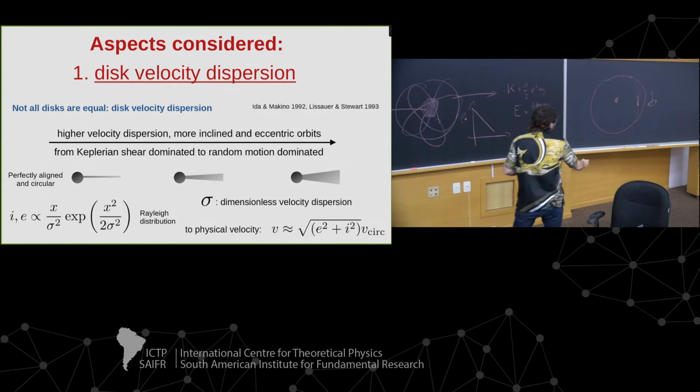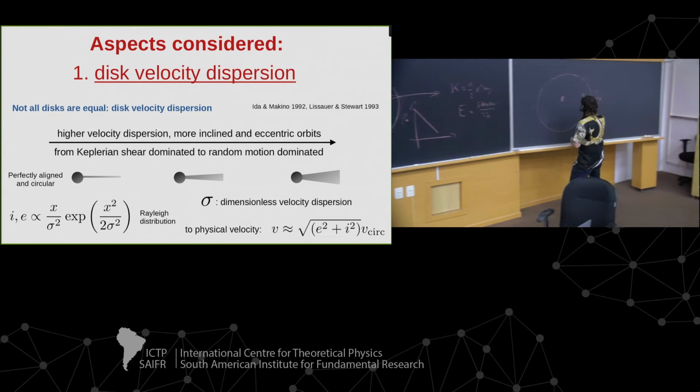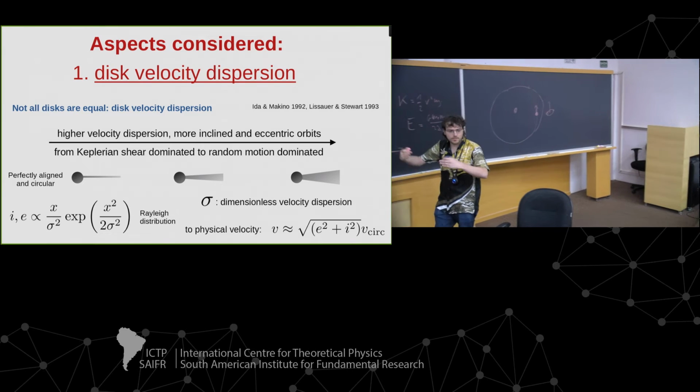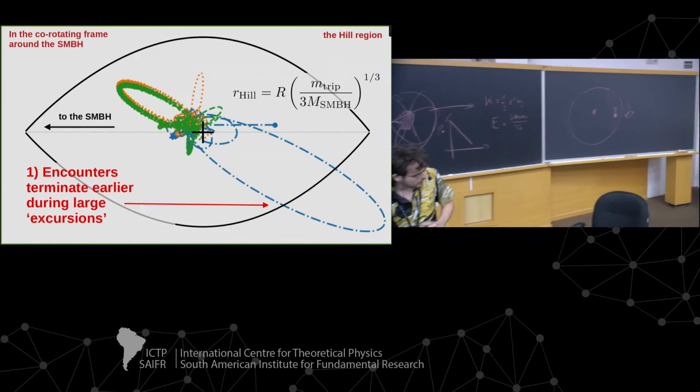So if these bodies here have some inclination with respect to the midplane, and some eccentricity, they will meet at weird angles, and eventually the impact velocity is going to be very high. And the second